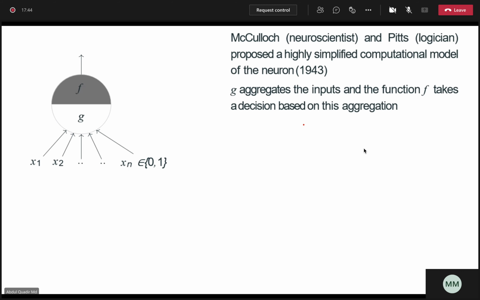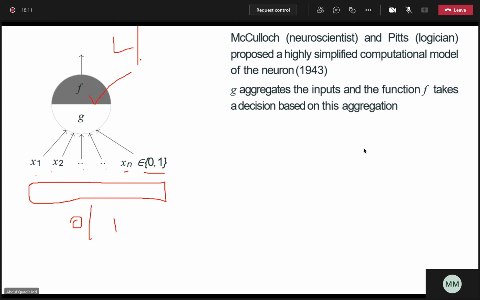Can you see x1, x2, x3, xn, which is either 0 or 1? It's Boolean binary. After aggregation, the function f decides